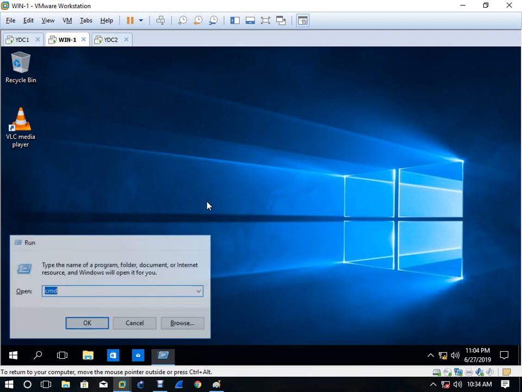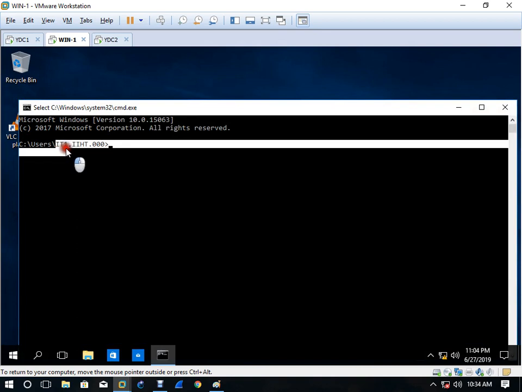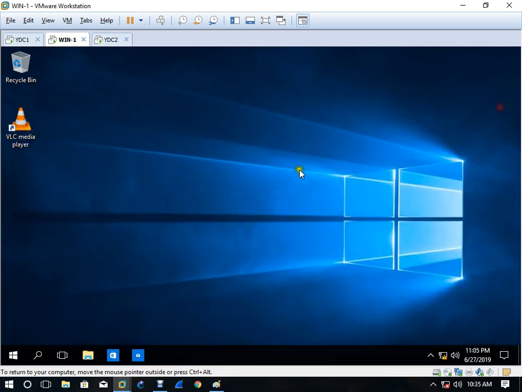You can verify here. You can write here CMD. What is this? User IT1, right? IT1. Now, suppose I want to log in with IT2, right?